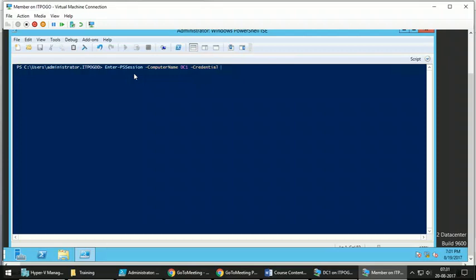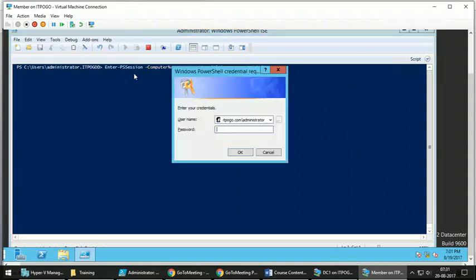So the domain name in this case is itpogo.com/administrator. Now when you hit enter, it will ask you for the password. After supplying the password,